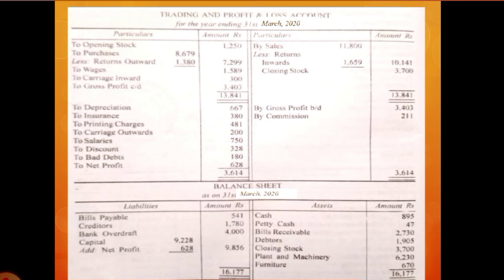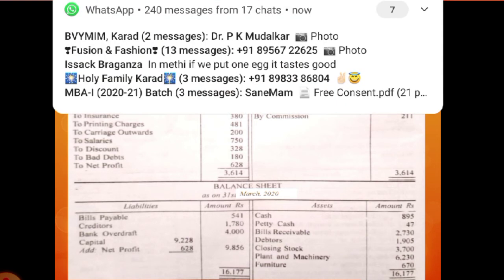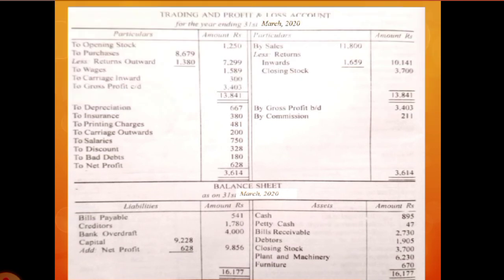Now what we need to do is we need to find out whether there is a gross profit or gross loss to the business. For that sake, we need to take the totals of both the sides of the trading account. Now in this, we have to see which side is greater. If the credit side is greater than the debit side, then it means that there is a gross profit. In the reverse case, there will be a gross loss. Now in this example, the credit side total is rupees 13,841, which is greater than the total of the debit side, right?